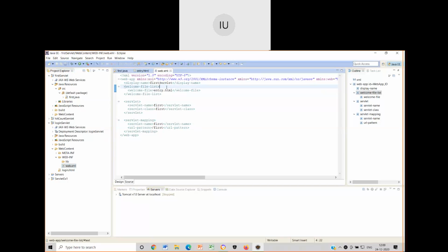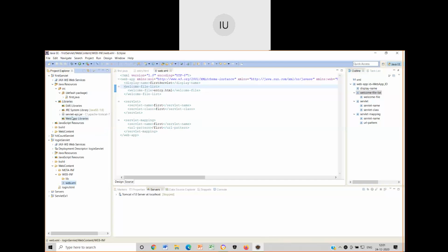Once this is done, so many options are already routed in the servlet project that you create. Under that, go to Java resources, go to src folder, right click and create the servlet, edit the things that are required, save it, and then go to libraries. In that libraries, you have to go for web app libraries, add external jar file and select from the proper path from the Apache Tomcat lib folder